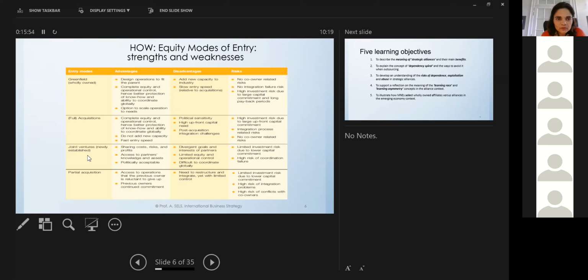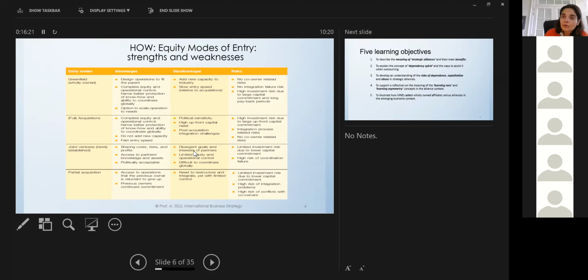Now that happens, of course, but that is not the most common. The 1, the 2, and the 4 are more common. The problems with joint ventures and with these two categories will always be about divergent goals, and that is something that we will talk about today, because we are talking also about these alliances, non-equity alliances. We have the same problem with partners with different goals and different interests, and then depending on the percentages,